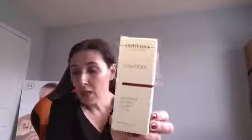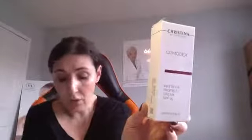The other formulation of Comodex is Mattify and Protect with SPF 15, and it's got both organic and chemical and physical reflectors, sorry, to protect our skin from UVA and UVB. It's got a whole bunch of vitamin B antioxidants. I love the vitamin B group, and this one has vitamin B7, which is beautiful to calm down dandruffy, dry, flaky skin. It's got vitamin B3, which is anti-inflammatory for dry acne when they have dry skin with